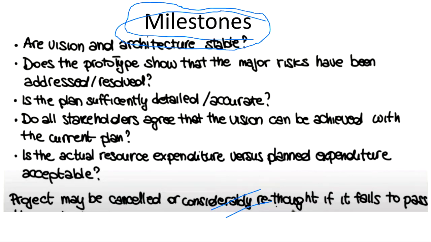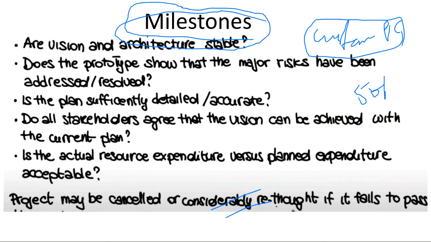In real life में क्या होता है? For example, suppose you have given an order to a company to create a custom PC for you. So when you place the order, suppose you have submitted them 50,000 rupees, that I want a PC for 50,000 rupees. So when the requirement analysis phase is done, they ask you what kind of processor you need, what kind of hard disk you need, how many GB of RAM you need. So this analysis part is done.